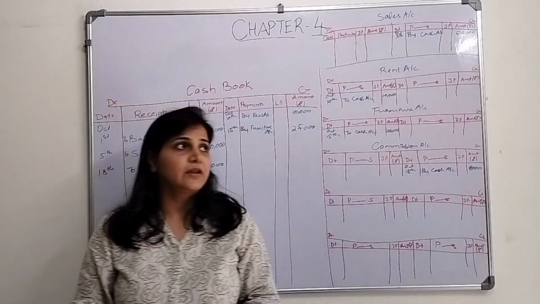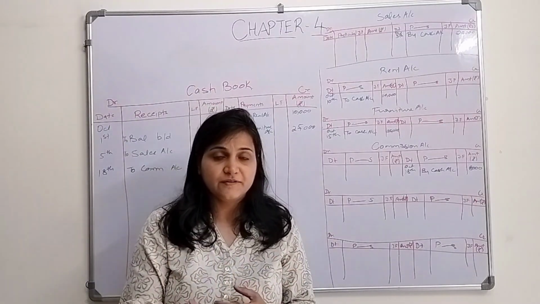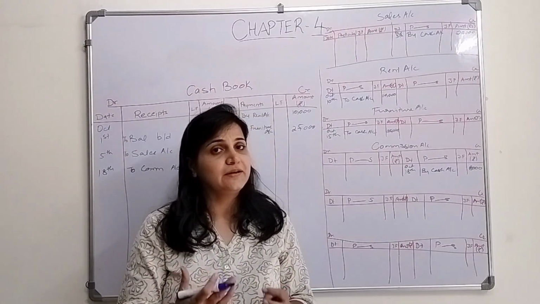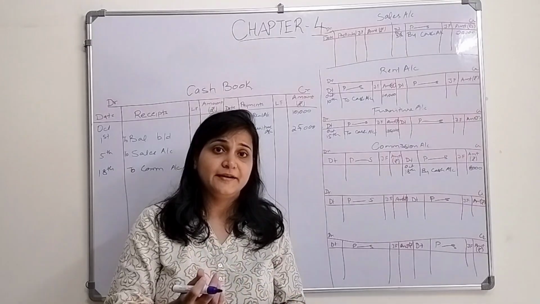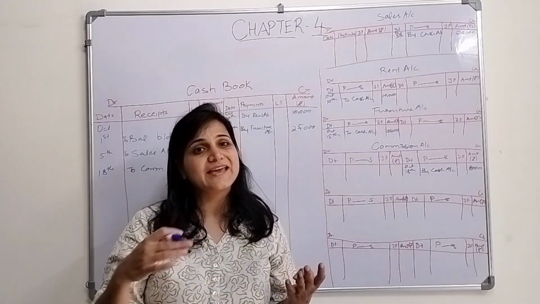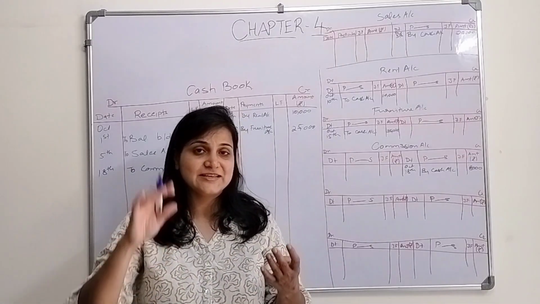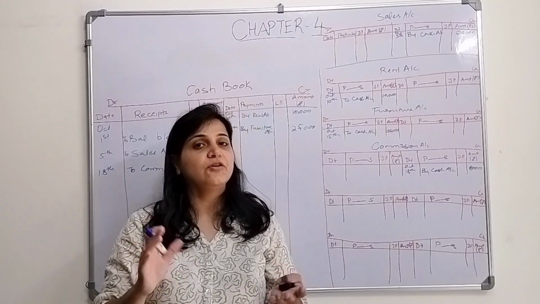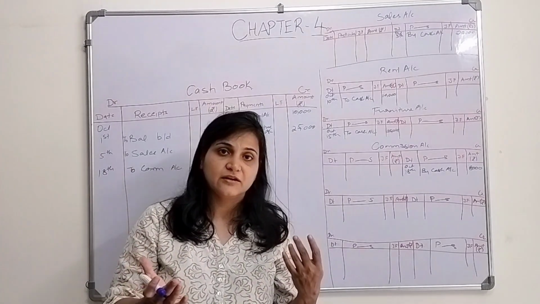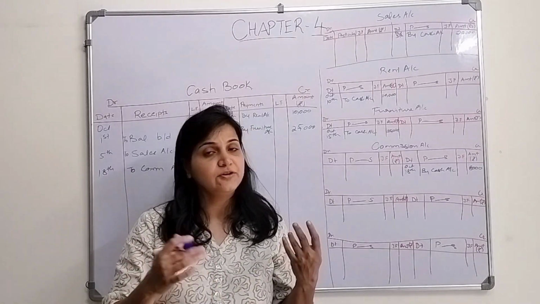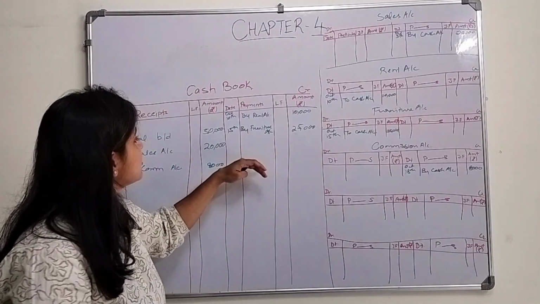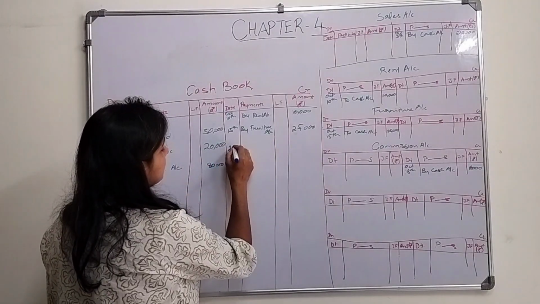Now let's say I have paid the electricity bill. Electricity bill is an expense, debit. And cash is going out. Cash is an asset, it is reducing. So what will be the journal entry? Electricity bill expense account debit to cash account. So cash account on the